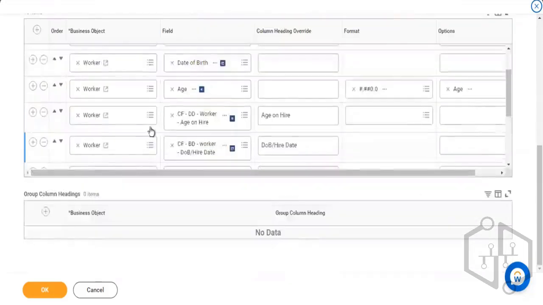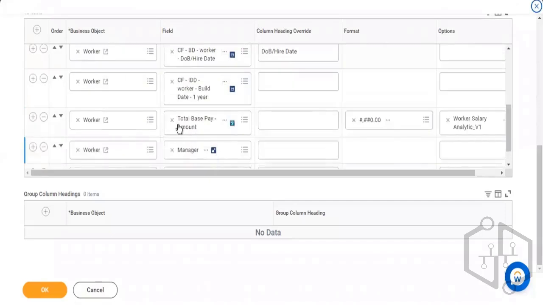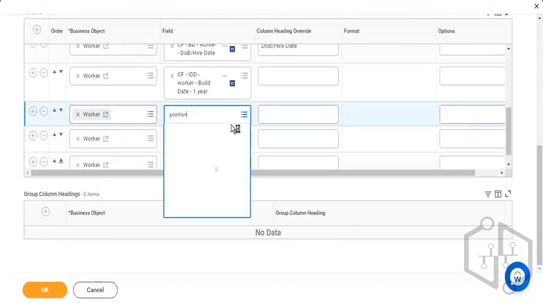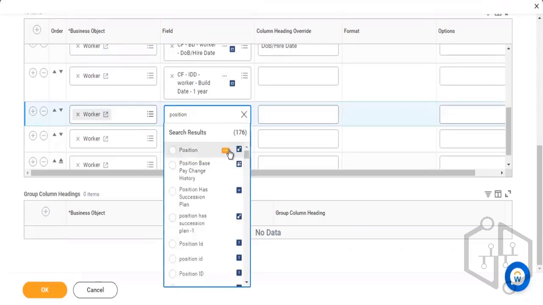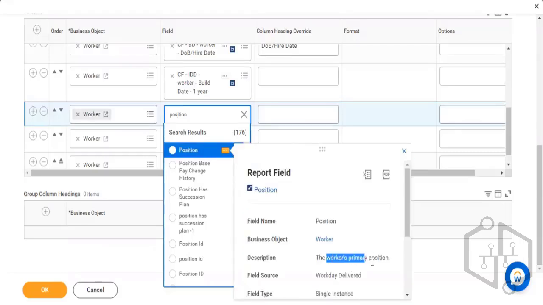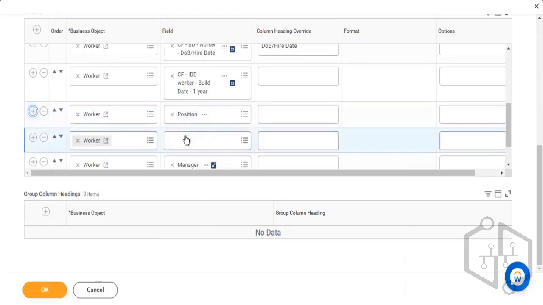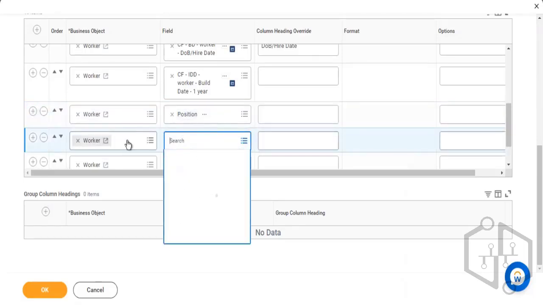So when I search for positions here, you'll see there are a few position related fields. The first one is the single instance. And if I go to the details, it says the worker's primary position. So every worker would have a minimum, a maximum of one primary position. In addition to that, the worker may have